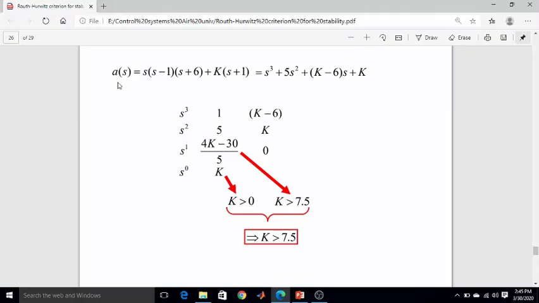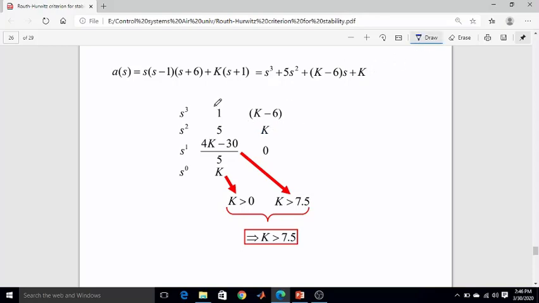Okay, now if we take that characteristic equation, s(s minus 1)(s plus 6) plus k(s plus 1), we solve it and can write it in this form. We insert these values in the Routh array with s cubed, s squared, s1, s0, and then we write its coefficients: 1, k minus 6, and the left out coefficients are 5k here, and then solving for the